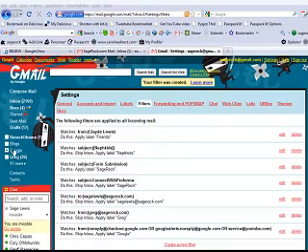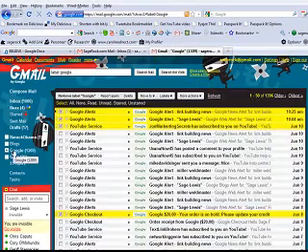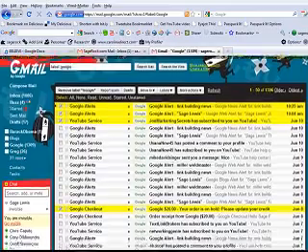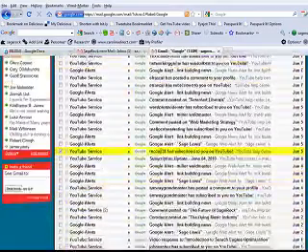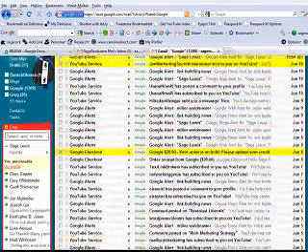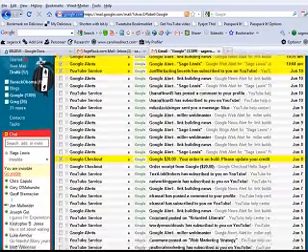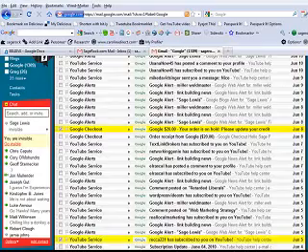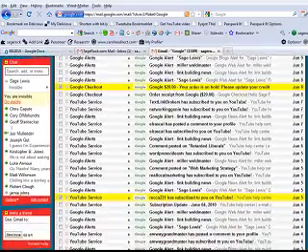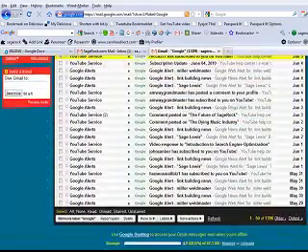And so now here we can go back. It's kind of like a cooking show, and you can go back and you can see my new Google label here, and here they all are. These are all those, the YouTube services, Google Alerts, and Google Checkout. If any email came from any of those, they are now labeled Google. And so that is pretty handy.